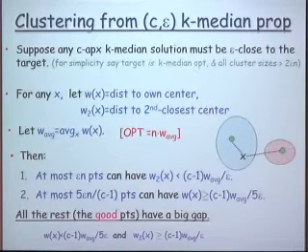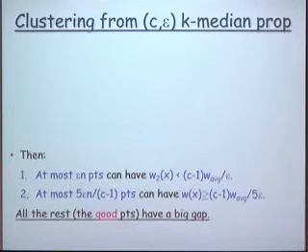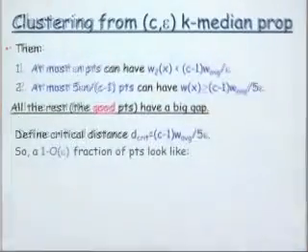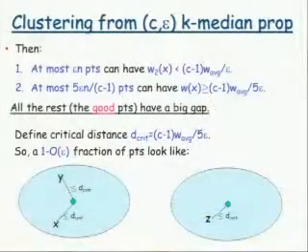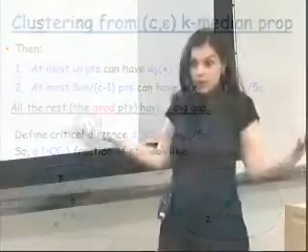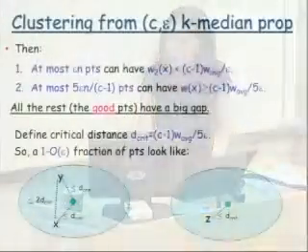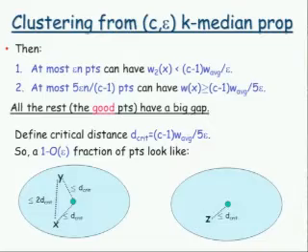Okay, so let's now denote this quantity by D. Let me call this quantity D critical. And so what we have is that most of the points, what we call the good points, or 1 minus order epsilon fraction of the points, look like this. So they are within distance D critical of their own center. And so that means that by triangle inequality, any two good points in the same cluster will be within distance 2 times D critical of each other.